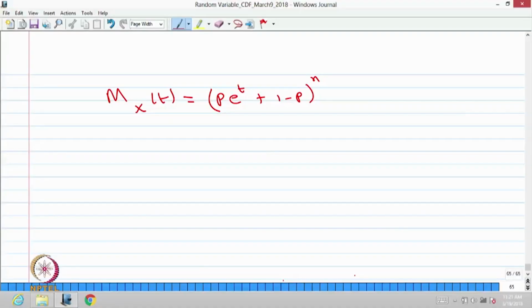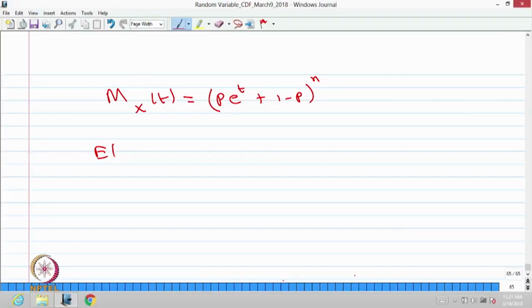What is the use of MGF? Once you know the MGF, you can get all the moments by successive derivatives. If you want to find only the mean, you can use the mean definition and you can get the mean. Suppose you need many moments, then it is better to find the MGF first, then take successive derivatives, and I have already explained how to get the moments of order n from the moment generating function. So, you can use that and find the first order moment, second order moment, any nth order moment.